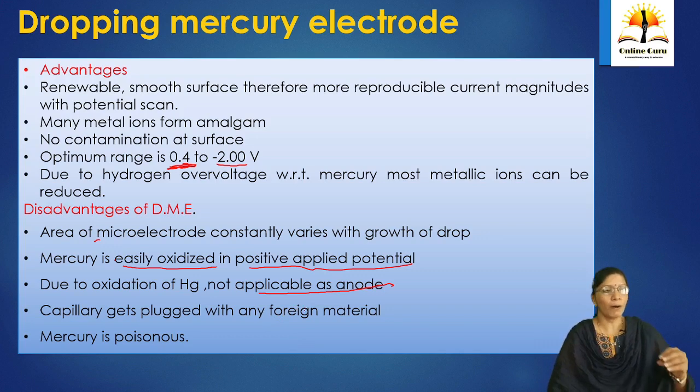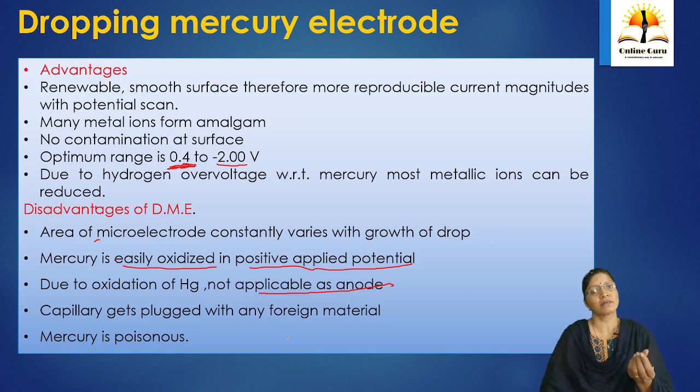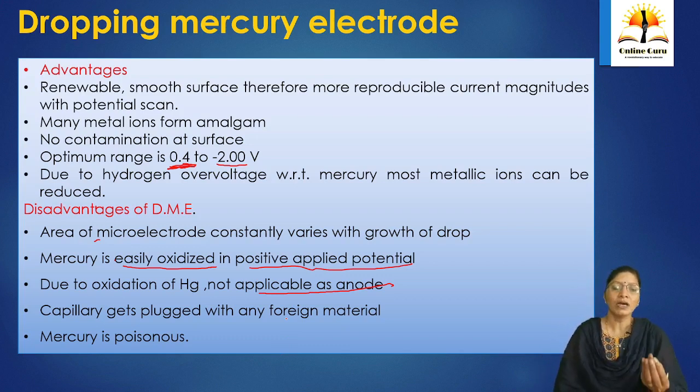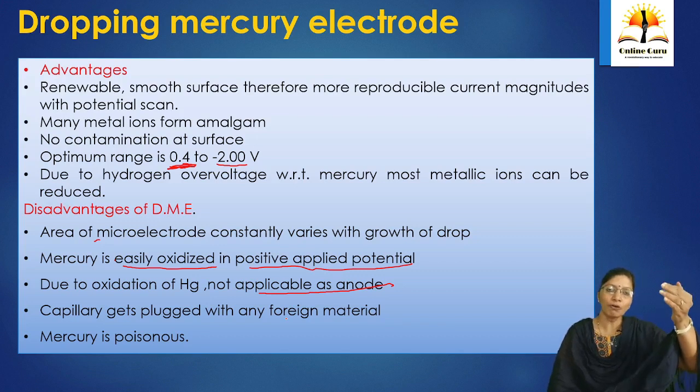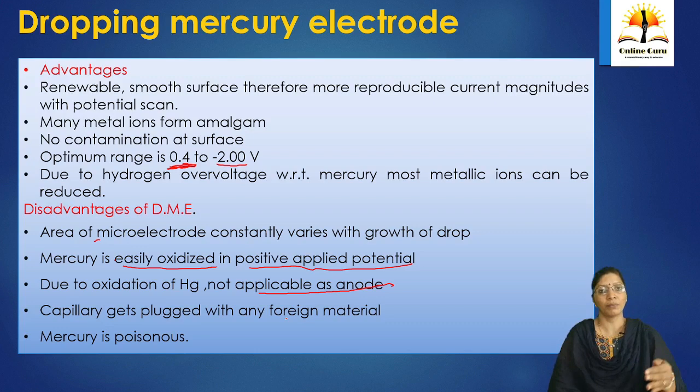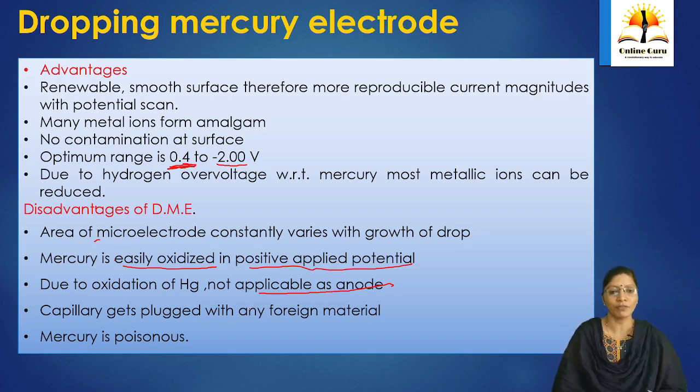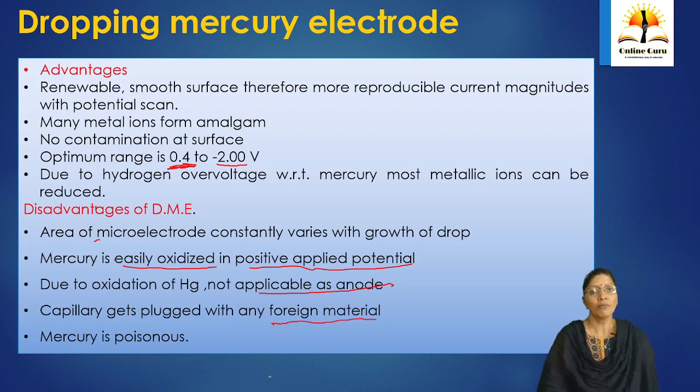Many times when we purify mercury, there will still be some fine fiber-like substances that can clog the capillary. As we have already seen, the inner diameter of the mercury capillary is very small. As the mercury flows, if it is clogged by some impurity, it cannot form the drop. So many times it becomes a tedious process to clean that capillary so that there will be an easy, fine flow of mercury. It becomes a tedious process to clean or purify mercury.